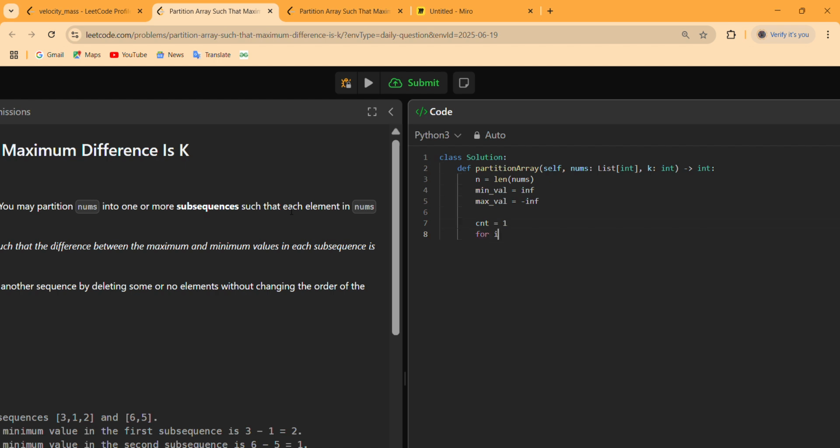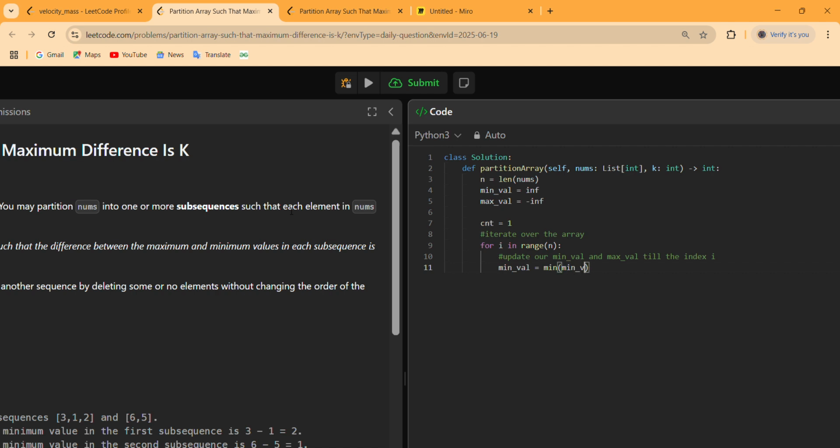Initialize our CNT to 1, iterate over the array, and update our minimum and maximum value till the index I. Minimum value will be the minimum of minimum value and nums of I, and maximum value will be the maximum of maximum value and nums of I.